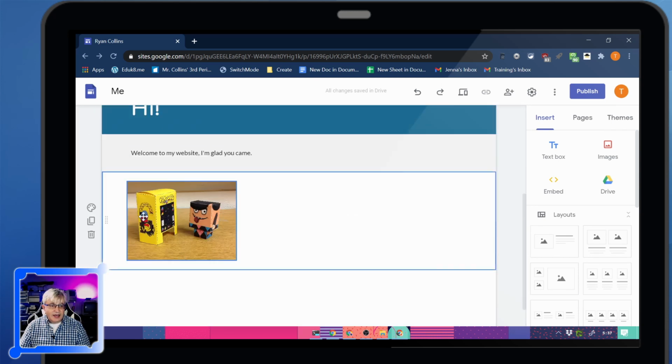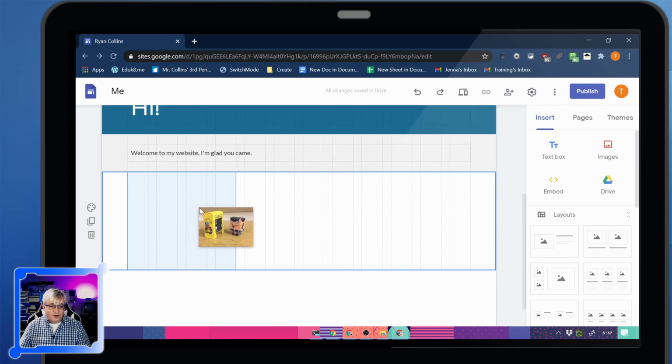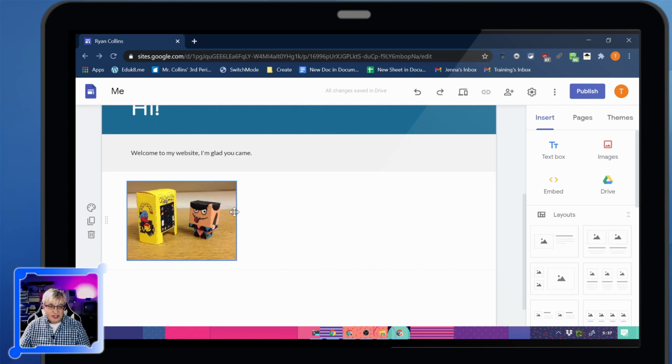and it added that whole row right there. And once this is in there, I'm going to just drag this a little bit. See all those little faint lines? Those are all the different columns that you have access to in these blocks. I'm not going to get into it too much, but this image here,